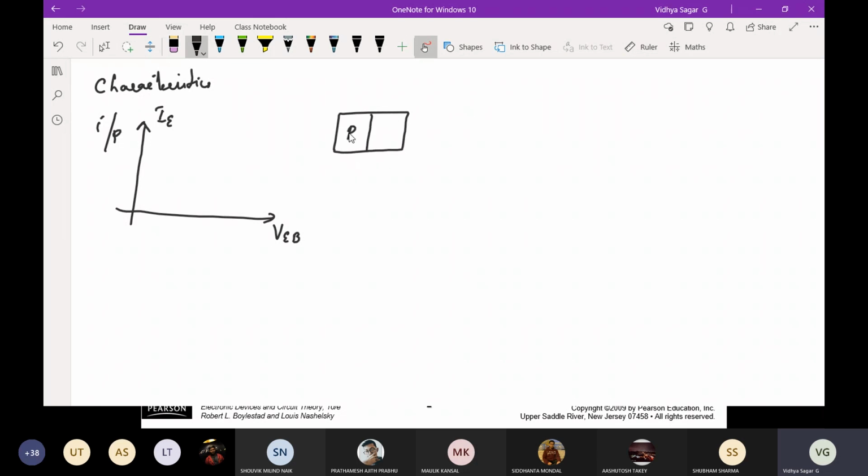So this is P and this is N. This is how I've given the potential, right? Am I right? Now tell me what will be the characteristics? Sir, first it will increase linearly, then it will get constant. Increase linearly and then constant. Is it so?